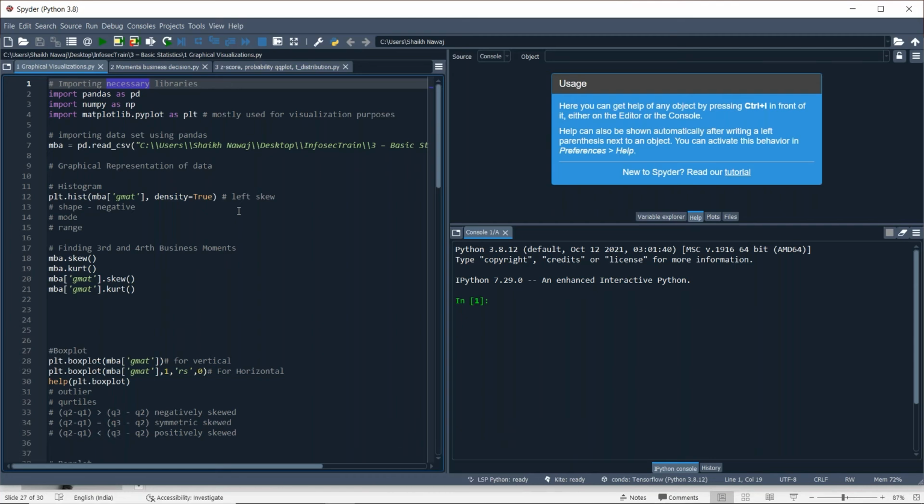Now we'll see some plots, how to make plots in Spyder. I think this is very new for you, because in the previous session we covered Jupyter Notebook and RStudio, but not Spyder.